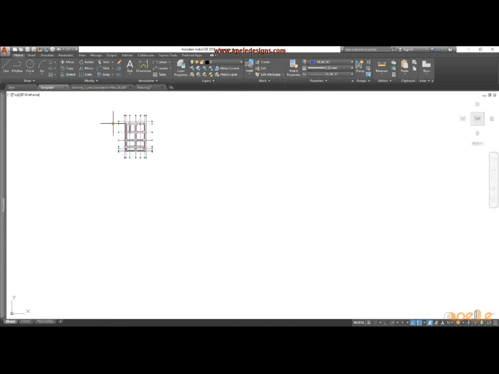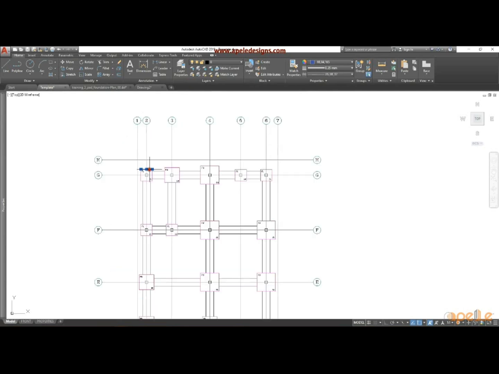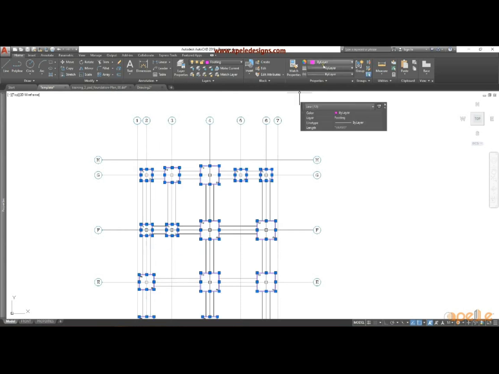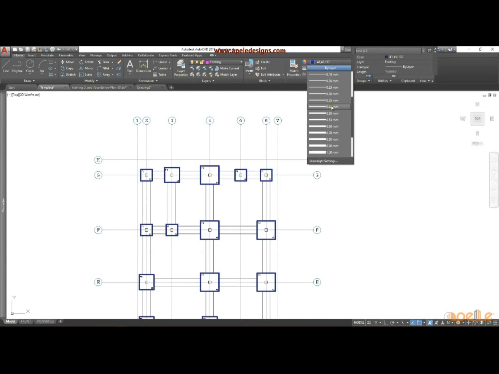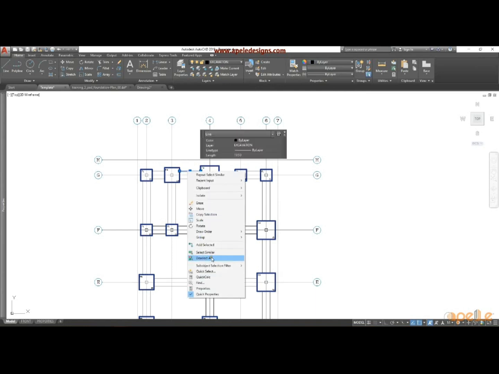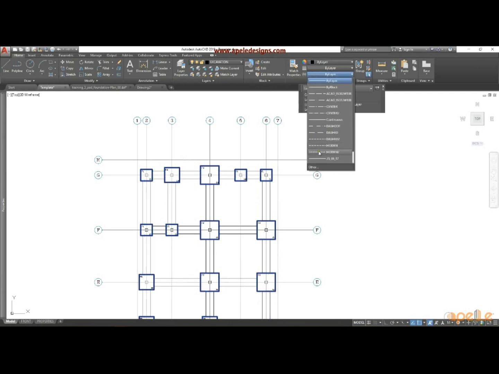This is okay. Now do my modifications. I'll pick on my foundation pad, select similar, come to block. Oh, let's use another color. Then I want to use blue, make it a little bit thick. Let's say 40. Now escape, pick on my excavation, select similar. I want it to be dotted lines. I'll select this